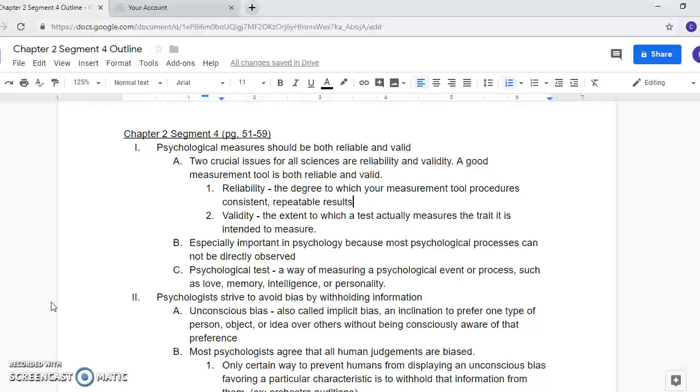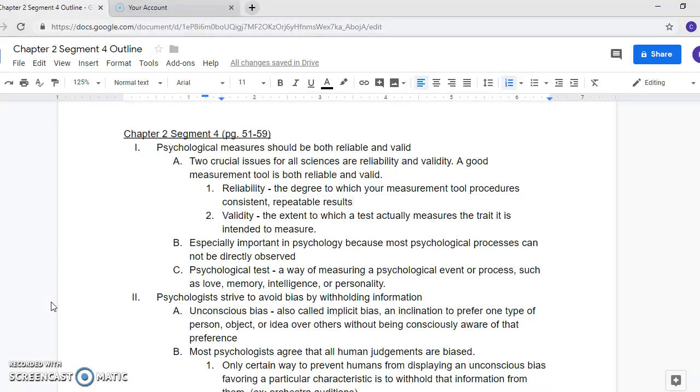the test is reliable. And validity means the extent to which a test actually measures the trait it is intended to measure. In a test, are we actually looking at the question we are proposing? Is this a reliable and good indicator of what we actually want to look into, what variables we want to look at? This is especially important in psychology compared to other sciences because most psychological processes cannot be directly